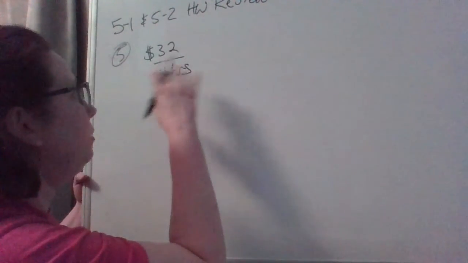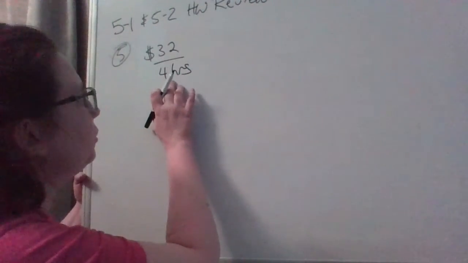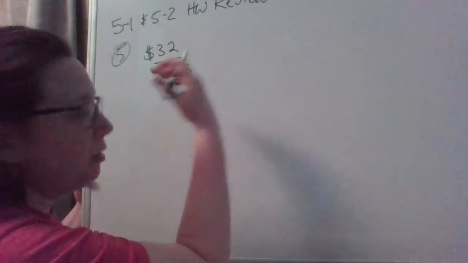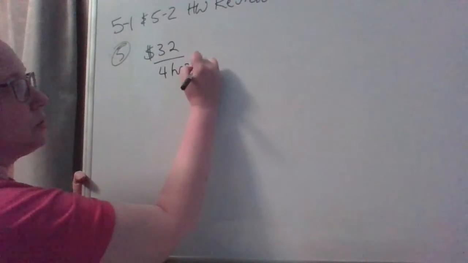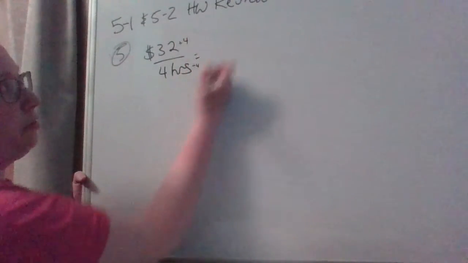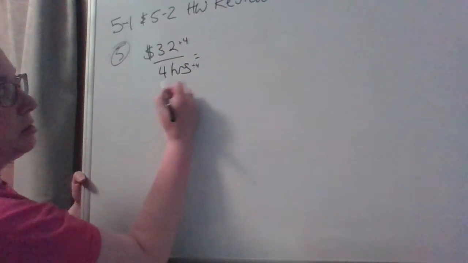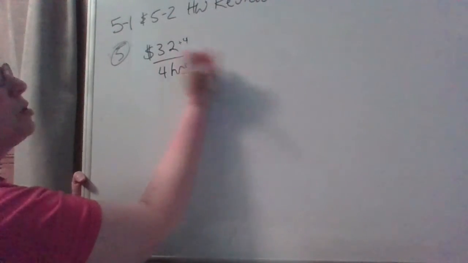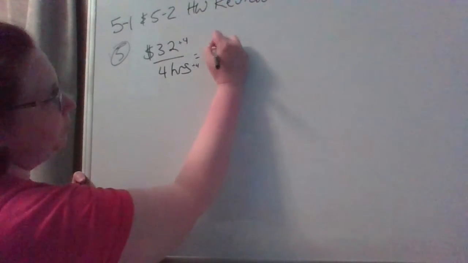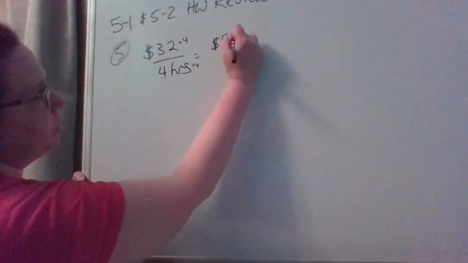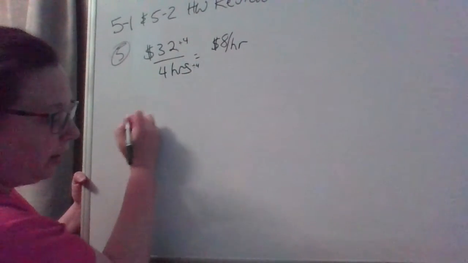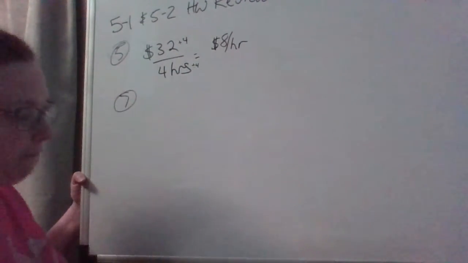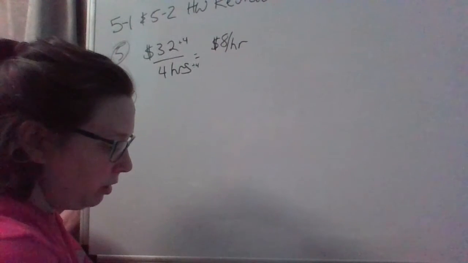So if Kenji was making $32 in 4 hours, they want to know, how much does Kenji make in 1 hour? So we're dividing by whatever our denominator is, in this case 4 hours. So we divide here and we figure out that Kenji makes $8 an hour. So $8 in 1 hour is the unit rate. Number 7,